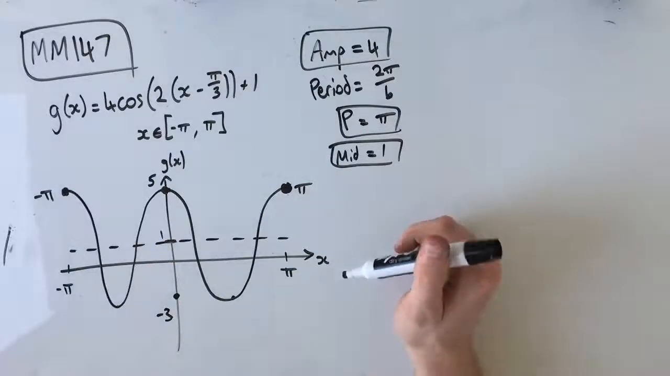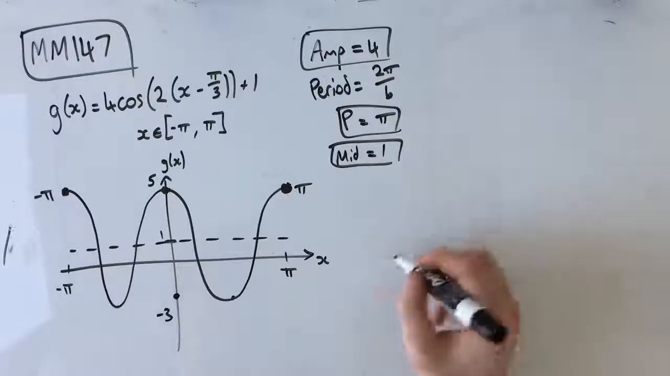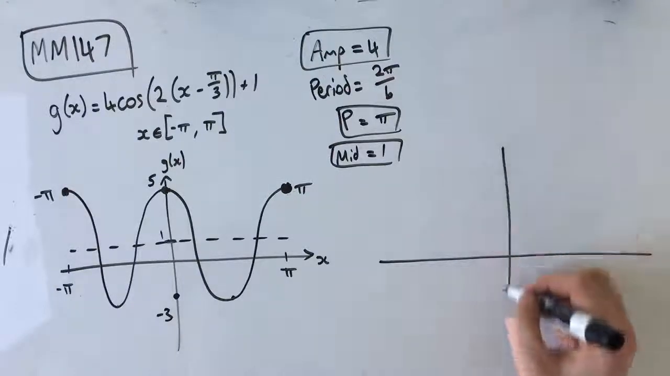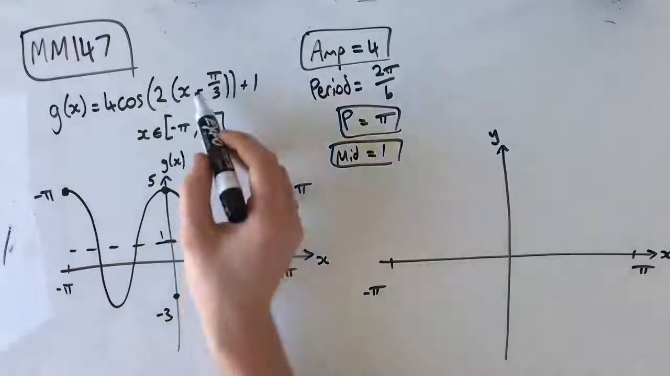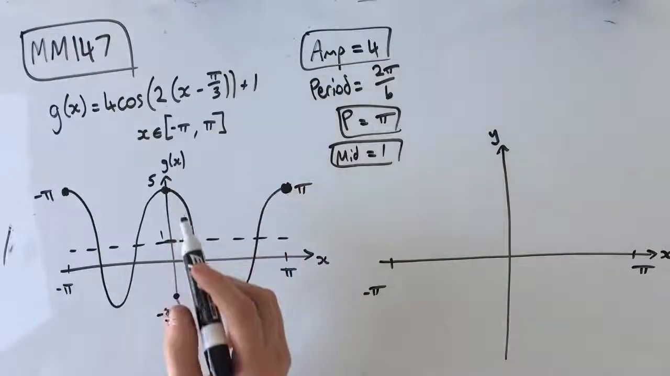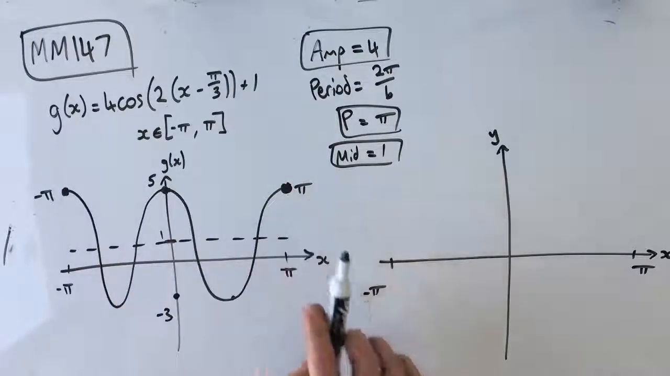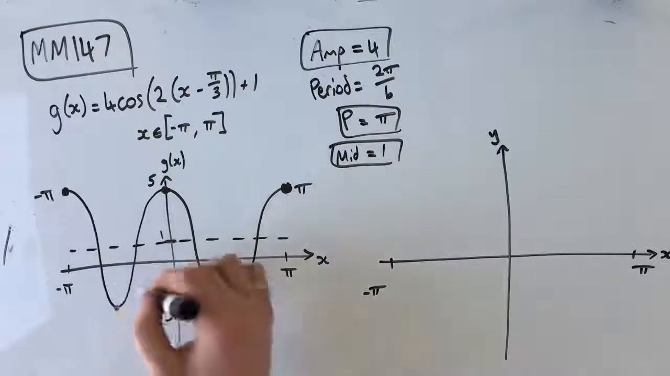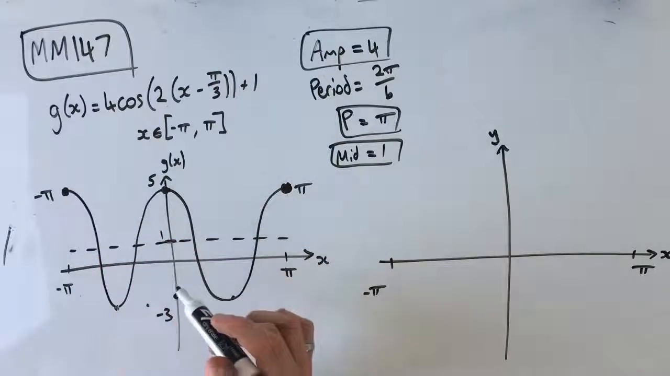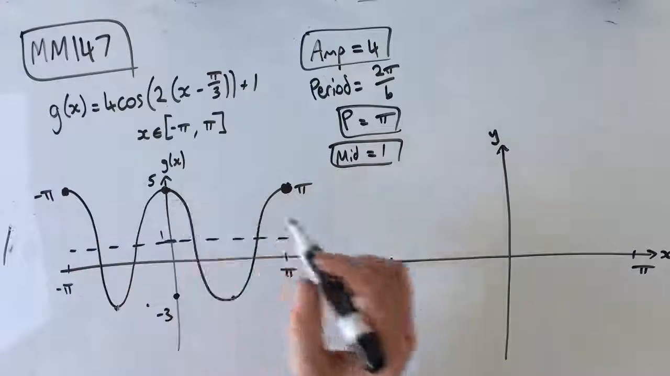But now we want to actually introduce our horizontal translation. So let's just draw another axis here, negative pi to pi. And now we're actually going to have to move everything across. Because we're minusing pi on 3, we have to move everything across to the right by pi on 3. So this is going to come over here, and everything else is going to move to the right as well. So we're basically going to have a graph that looks somewhat like